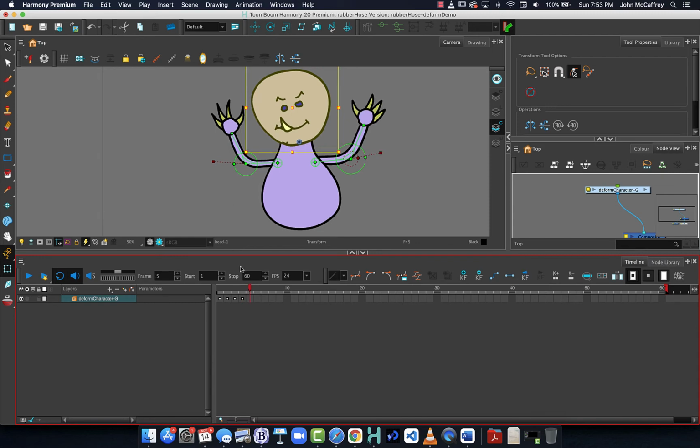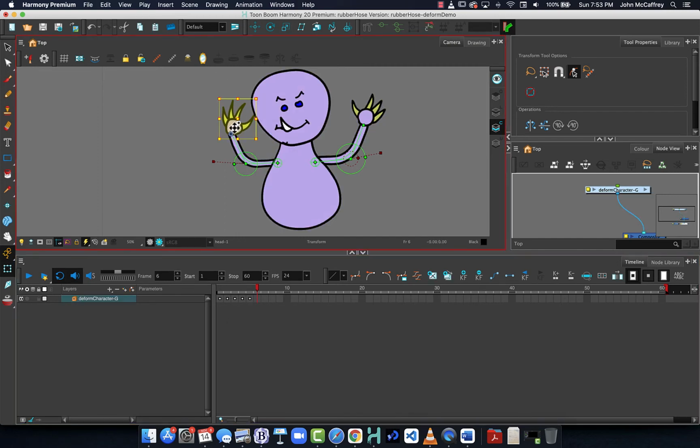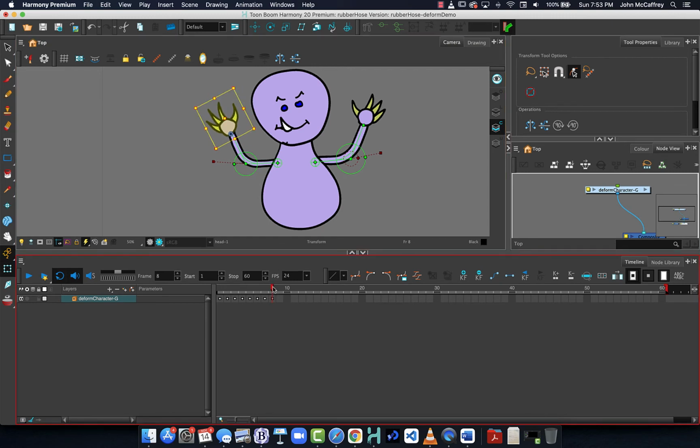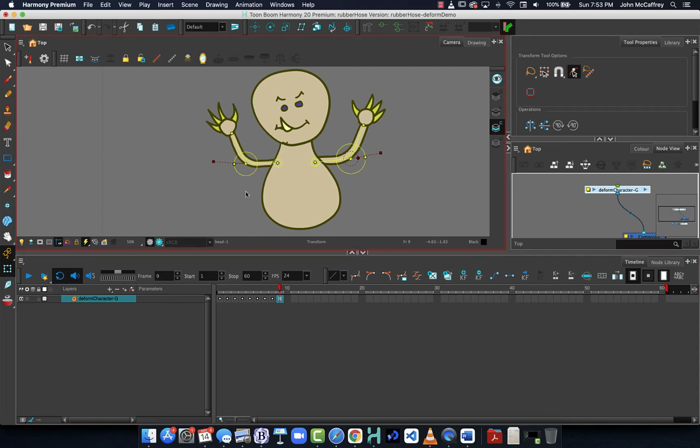And once the body is here, add in a full keyframe for everything, and then move the hand, go over a frame, move the hand some more, go over a frame, move the hand some more. So we're just getting a little motion going on, so it's shaking it. And now at this point, if I click and add a new keyframe here,